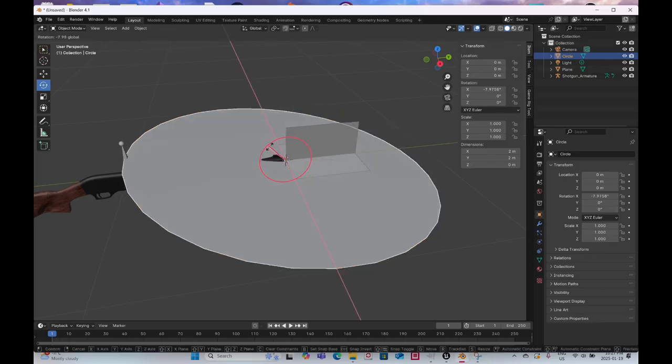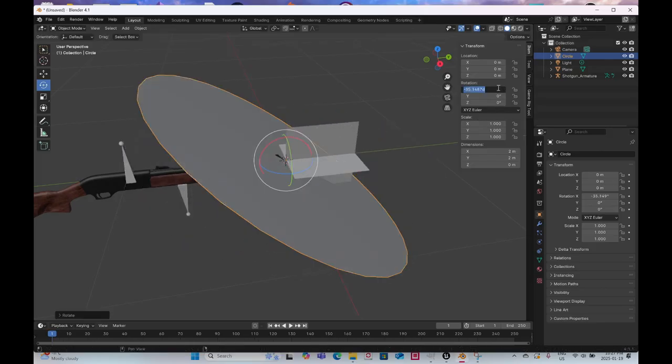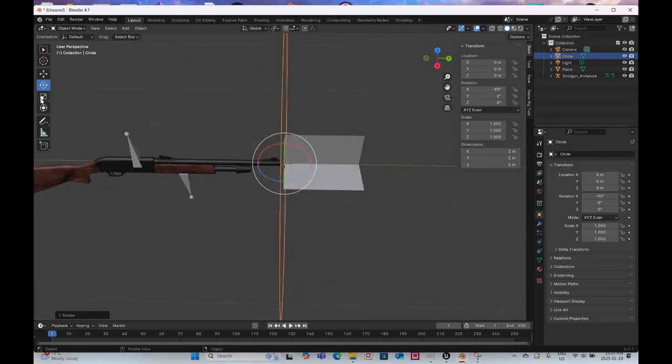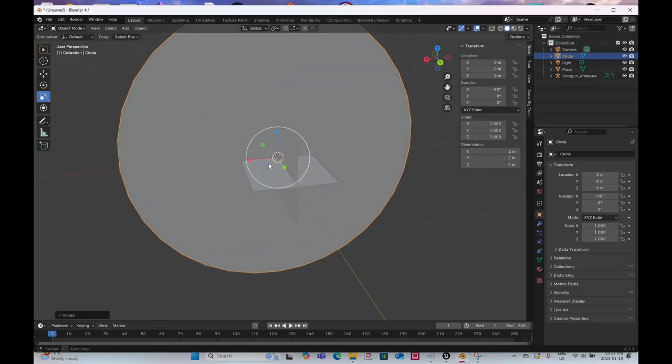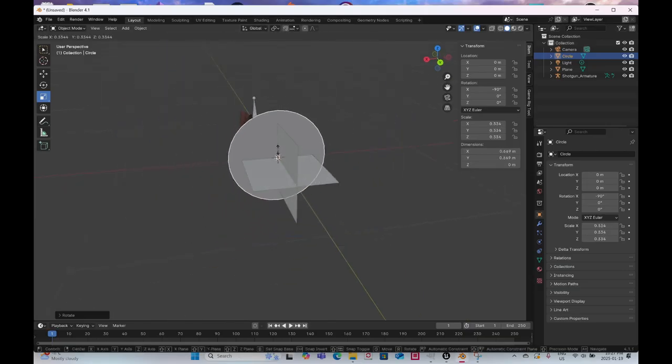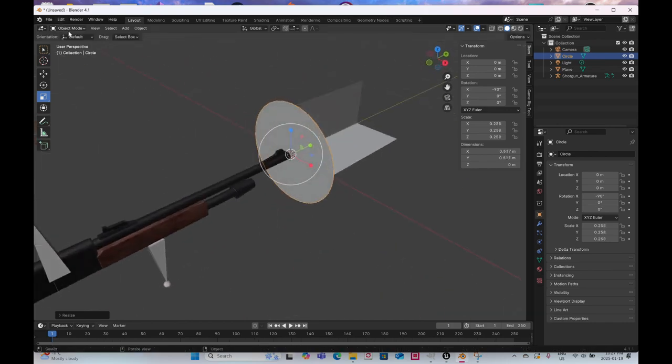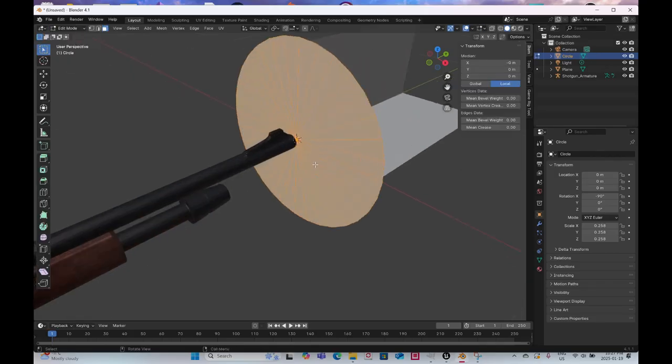I'm going to rotate this -90, and I'm going to size this down so that it's closer to the size of the two planes. I'm going to go back into edit mode, and under face mode I'm going to extrude